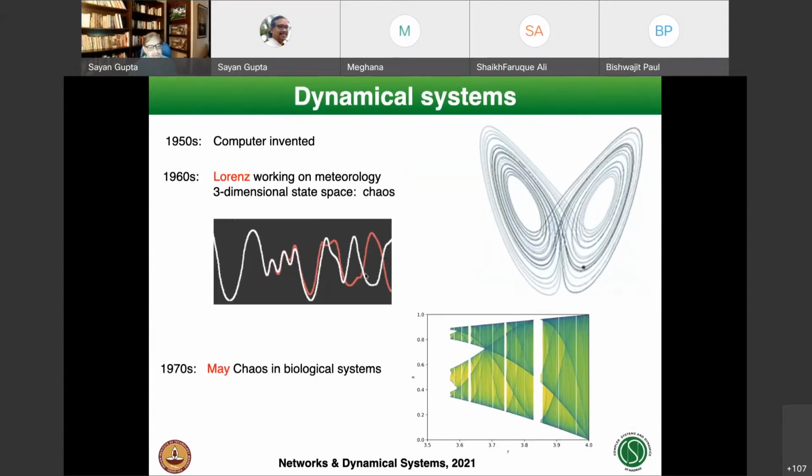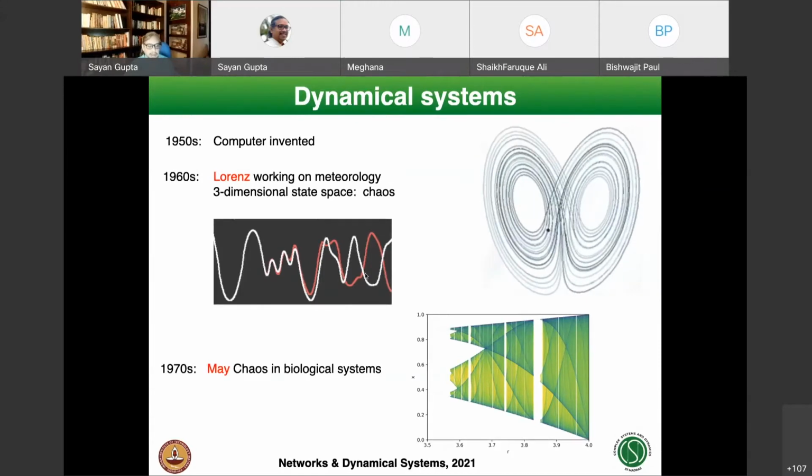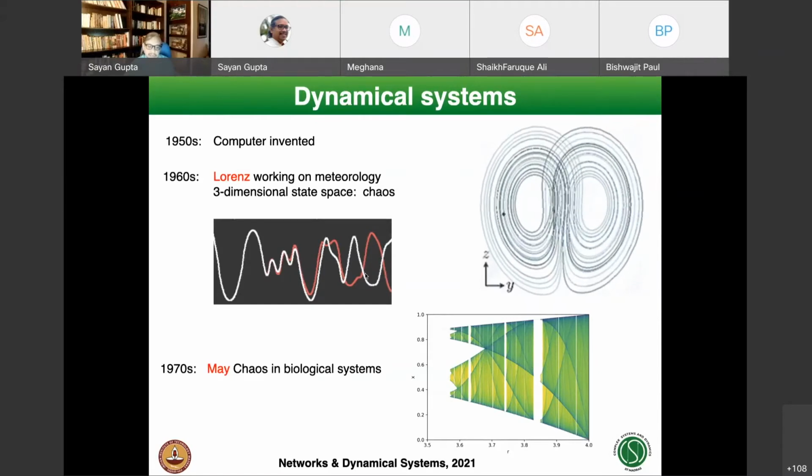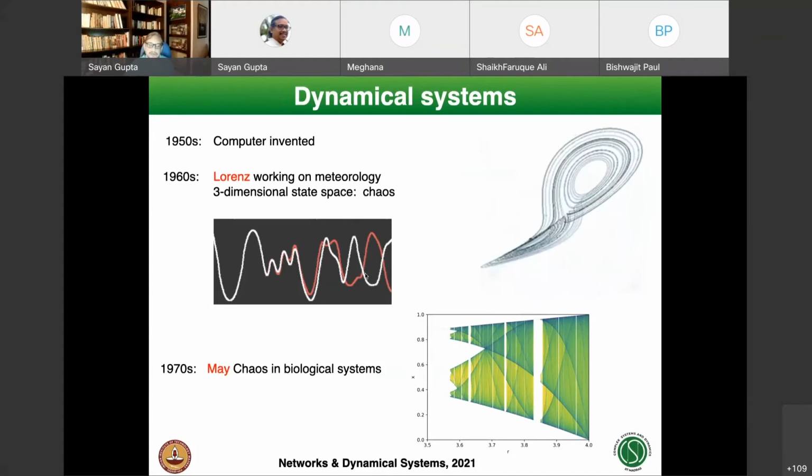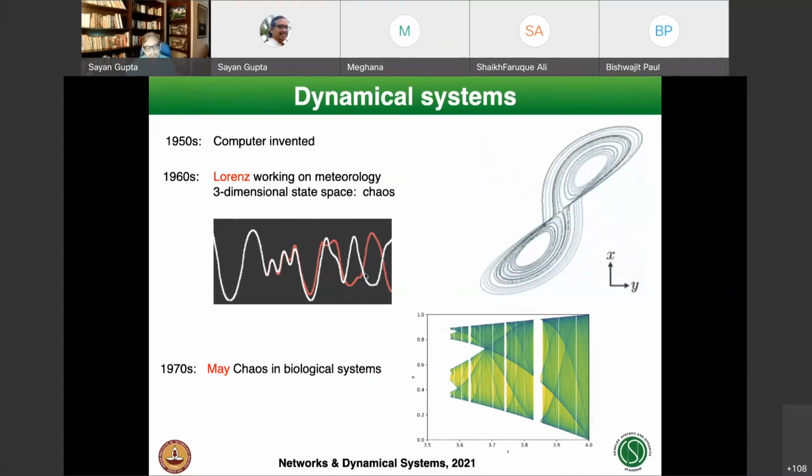So subsequently in the 1970s, for example, people started to observe chaos in many other systems. For example, in 1970, May observed chaos in a biological system through some map. Iterated maps are nothing but some sort of a discretized version of a differential equation in some sense. So chaos was observed in there, and